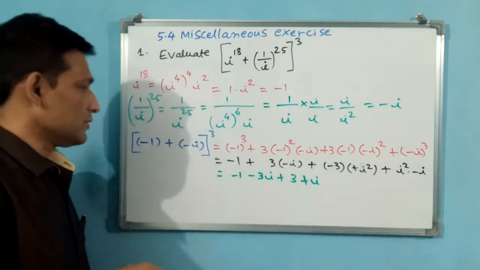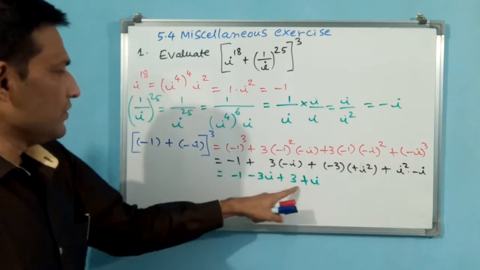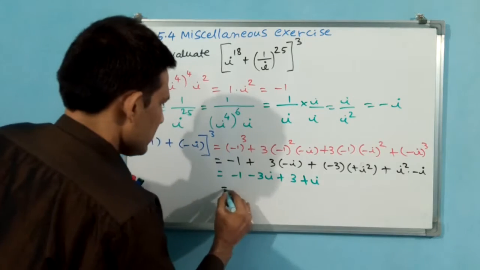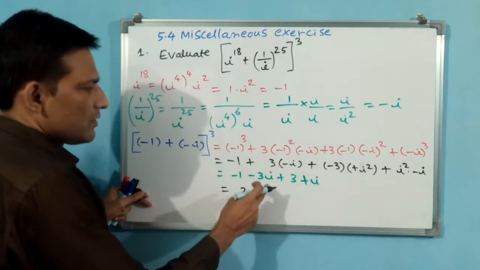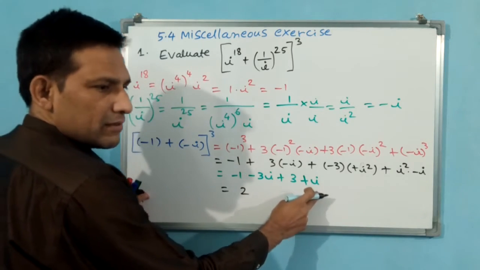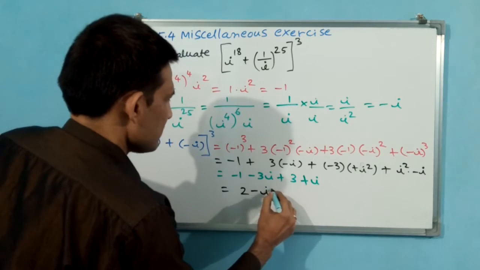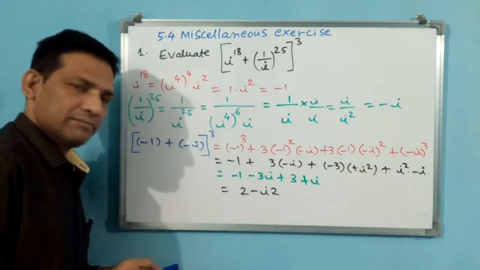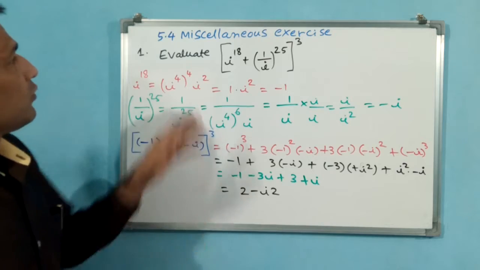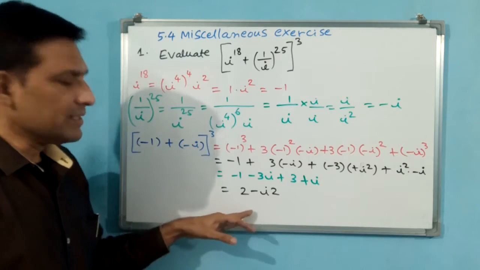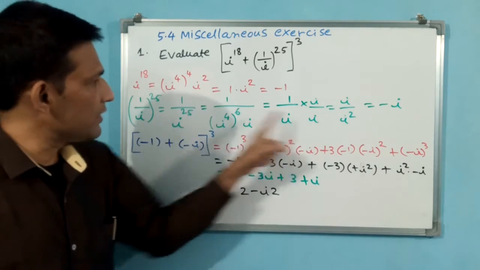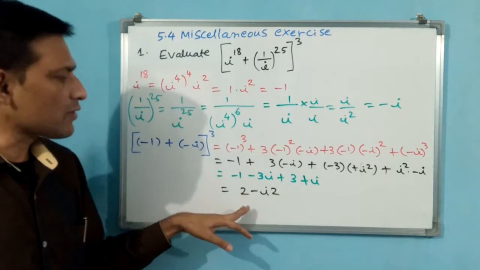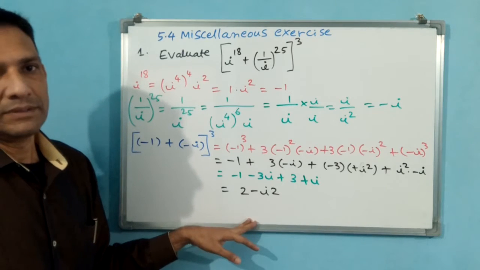Okay. Now you received the answer. You see 3 minus 1, 2. Right, 2. Minus 3 plus 1, minus 2. Minus 2i. This will be your answer. Okay. See, for looking it is simple, but that is not that much easy. Why? Because wherever you make any mistake, you are not going to get this answer.